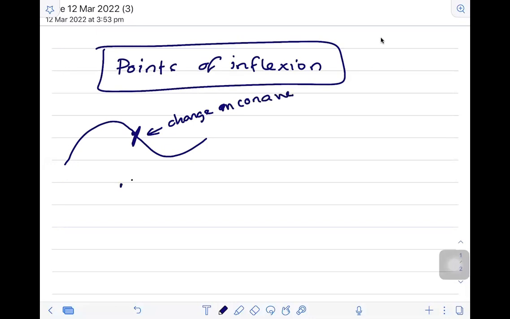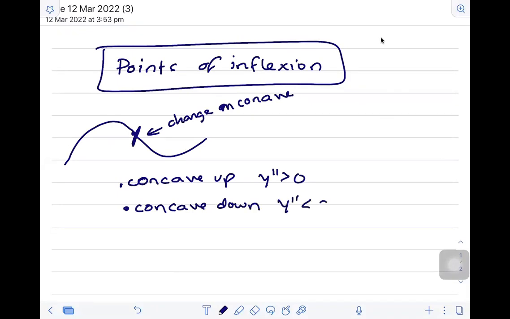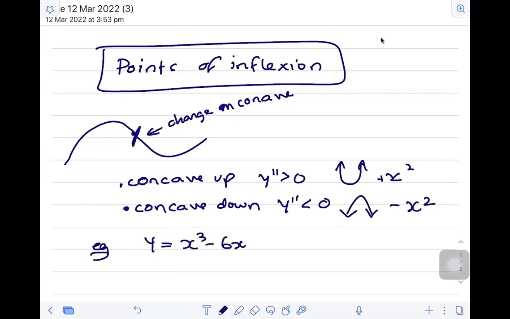Now, points are concave up if y double dash is greater than 0, and they're concave down if y double dash is less than 0. So that would be like a smiley face, a positive x squared parabola, a sad face, a minus x squared parabola. Okay, so for example, if you had y say equals x cubed minus 6x squared plus 4x minus 1,